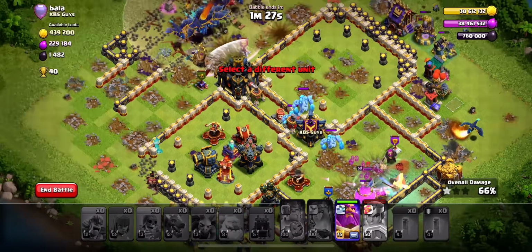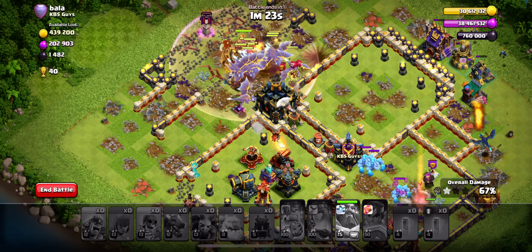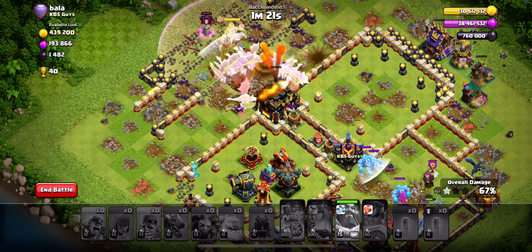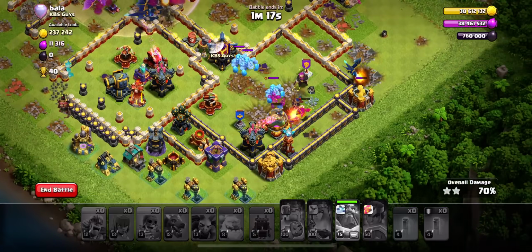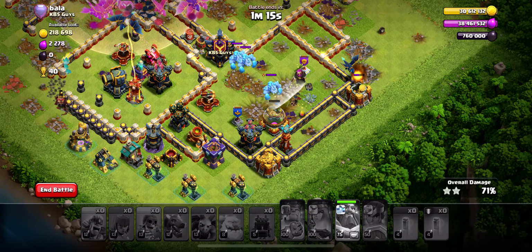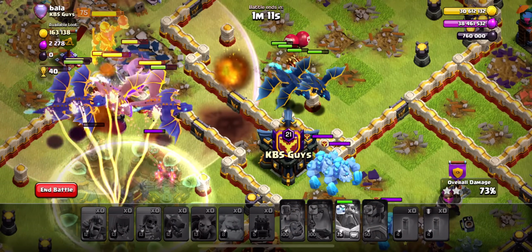Look at this. 1 star, 66% before we used any other troop. I used the warden ability early because I knew there was going to be lots of seeking air mines there. Once we take out this sweeper, we should be good to go. Because I wanted to avoid this backside sweeper. Some of my dragons get hit there, which is all good. Most of the dragons should...